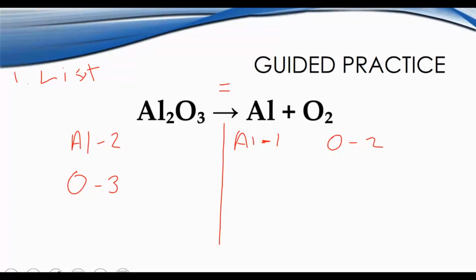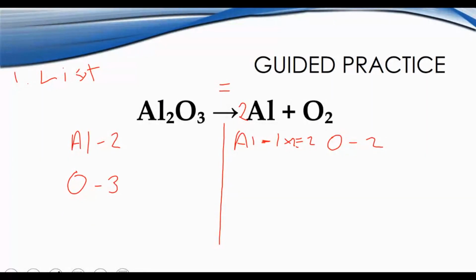So how can I turn the 1 into a 2? Well, 1 times 2 gives me 2, right? So there we go. We multiply by 2. So the coefficient for aluminum would be 2. Now let's look at my